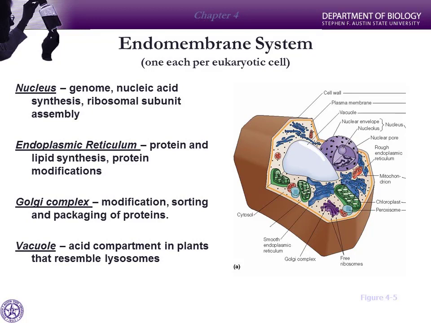Now some of these are directly connected to each other, and some of these are linked basically in series. Much like when you look at the production, let's say, of your cell phone. You have companies that are going out and they are mining these rare earth elements out of the ground. They process them, send them off to another company. This other company puts them together into the components for the phone. They sell those components to the place that assembles the phone. So you've got a number of different factories that are doing different parts. Well, in the endomembrane system, we have several of these different stops along the way for processing material. But we're going to start with the nucleus.